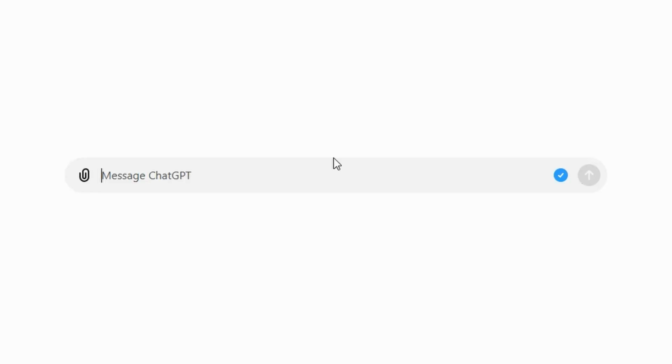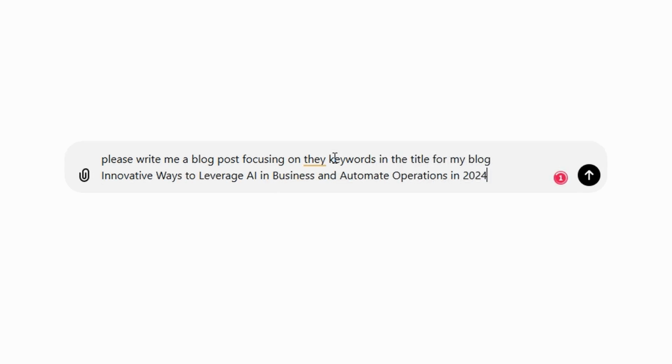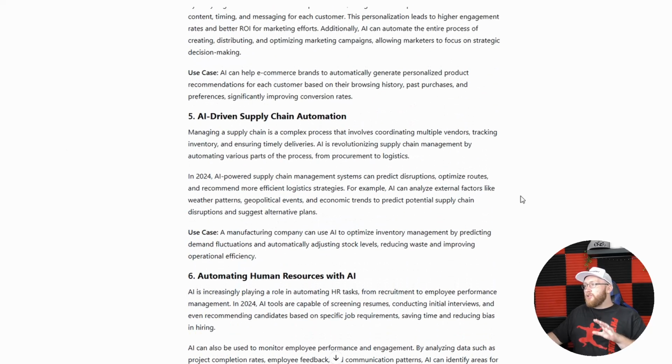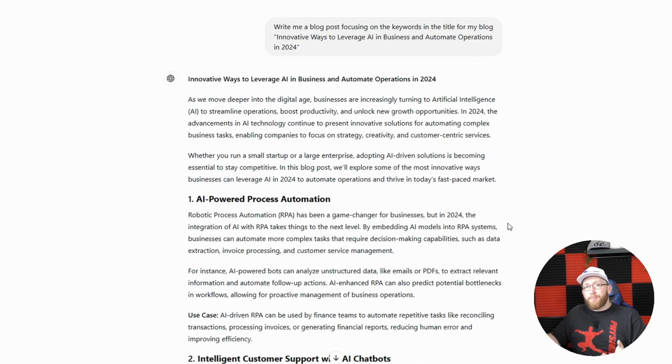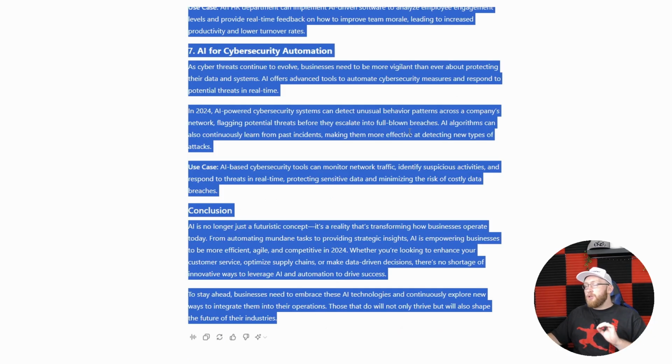Now, using this title that we know is going to rank for SEO, we're now going to ask it to write a blog post focusing on the keywords of the title that we can use on our blog. Here we go, and it's written us a very nicely worded blog post around the title, which we know should rank well. So we're going to go ahead and copy this, and we're going to now go and check for